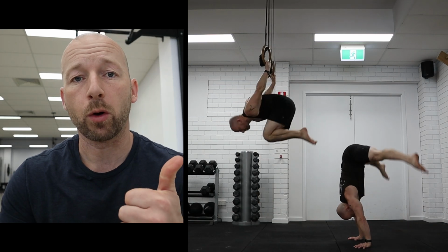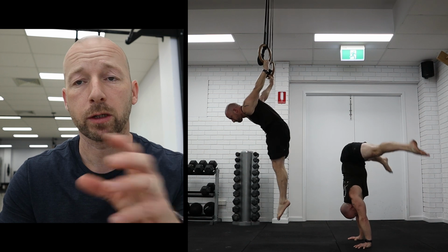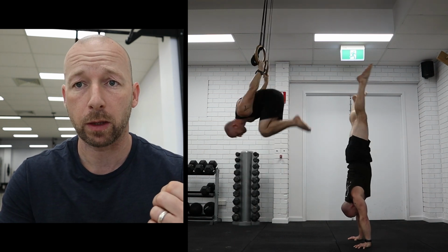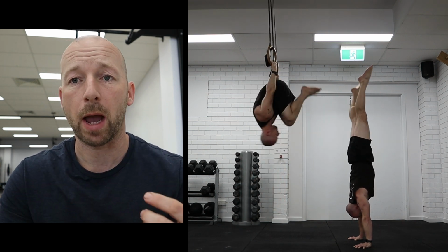Okay, today's follow along is skin the cat and press to handstand. Now I'm going to show progressions and regressions of each one, so you don't need to have a press handstand and you don't need to have a full skin the cat. I'll show regressions as we go, but if you do have them, we could just do extra reps or make